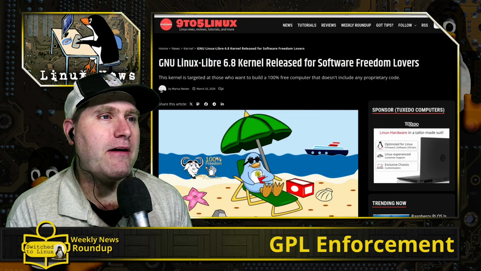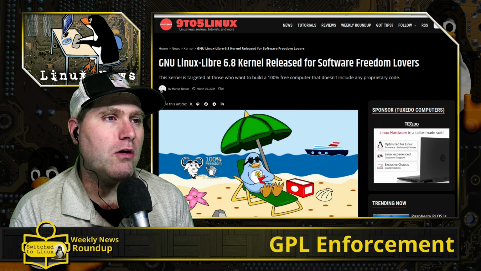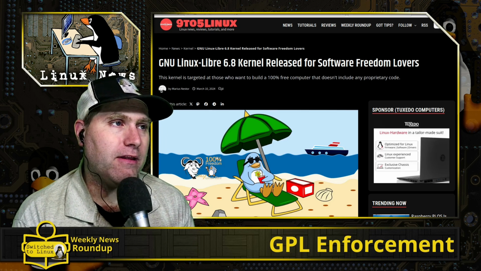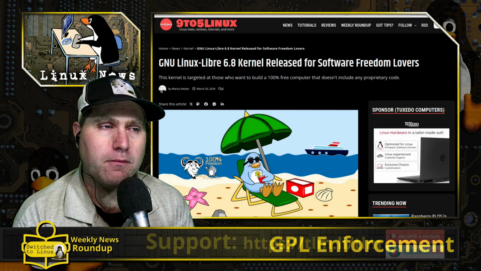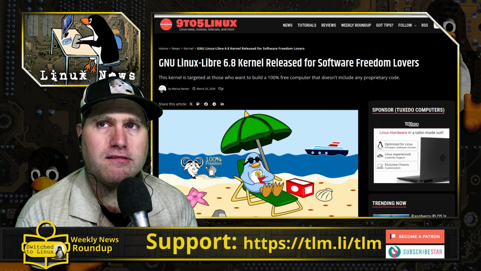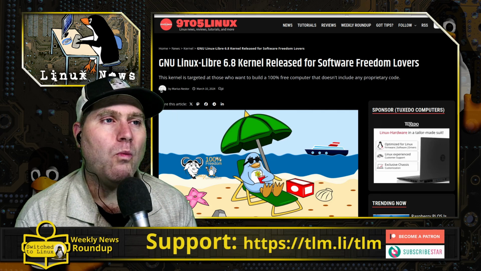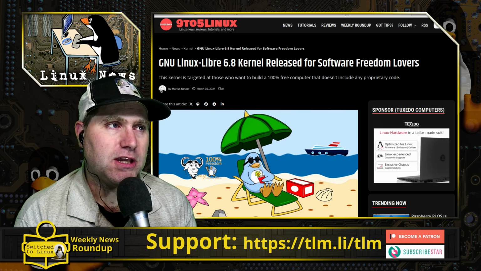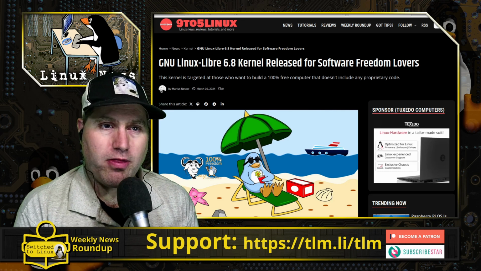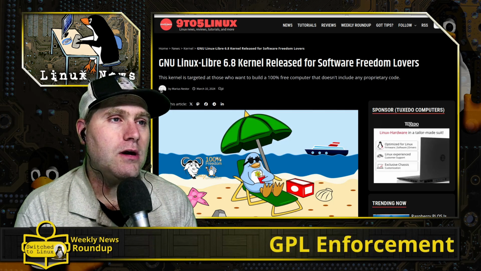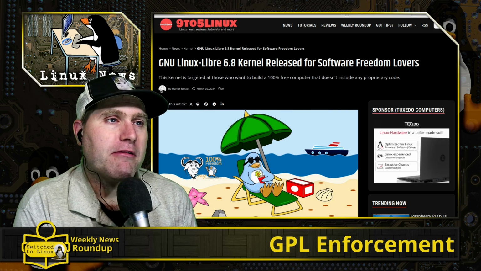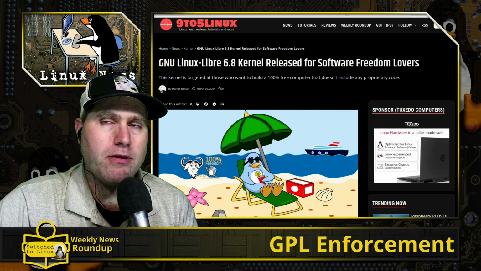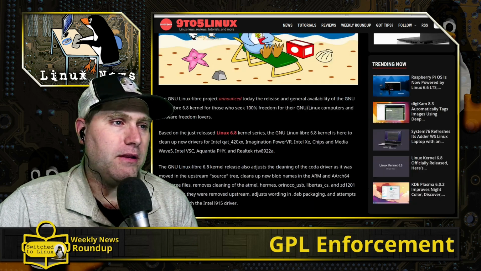Speaking of options, we do now have the fully 100% open source Libre kernel available for Linux kernel 6.8. Of course, if you're unfamiliar with this project, it takes the Linux kernel and strips out everything that is not 100% freedom. The idea here is that if a person is absolutely committed to 100% open source, no proprietary at all, you can install this on your distro and make sure that everything in that kernel is completely open source.